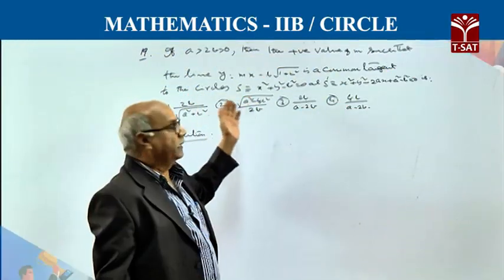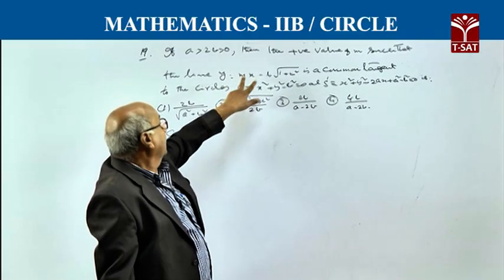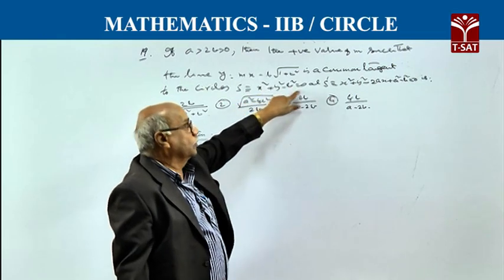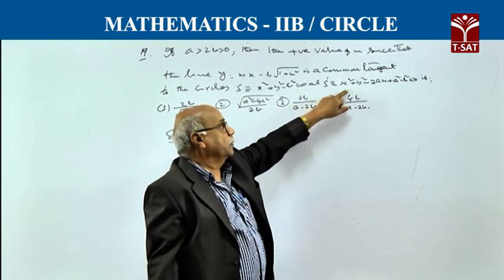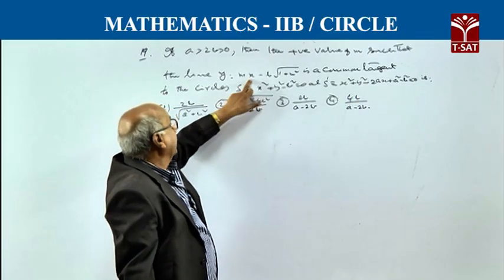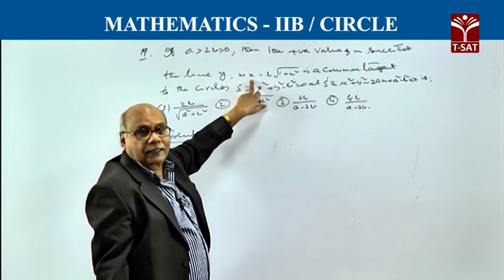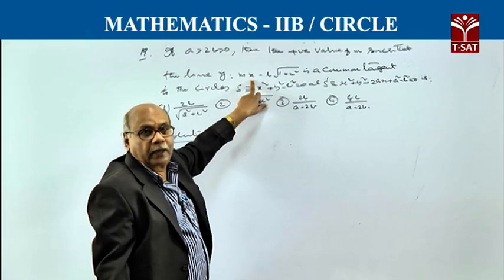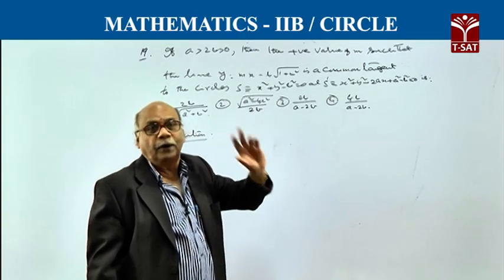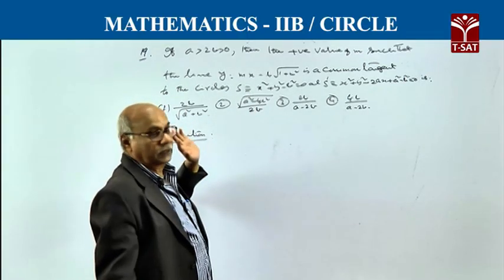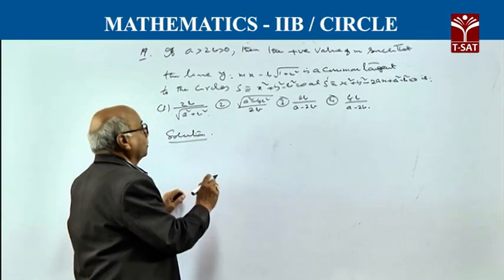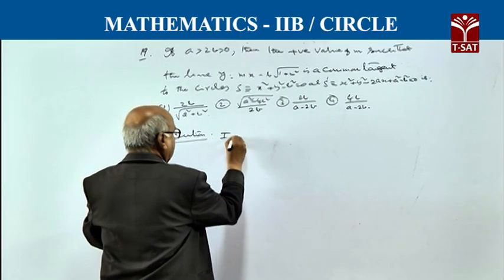See, problem number 19 says that you are given two circles, out of which one circle is x square plus y square is equal to b square and another circle is x square plus y square minus 2ax plus a square minus b square equal to 0. And if the line y is equal to mx minus b into square root of 1 plus m square is a common tangent to both the circles, then what will be the value of m? A positive value of m. He is asking for the positive value of m itself. Okay? Right. The solution is,